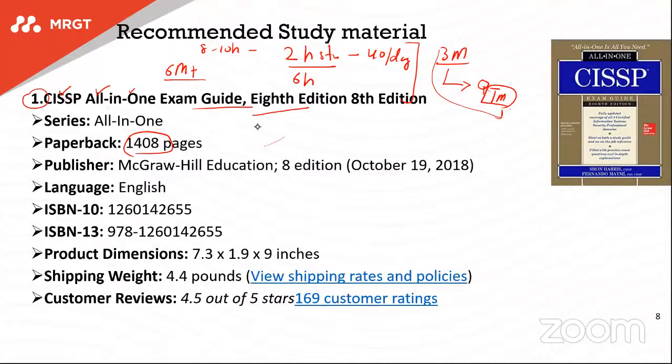Let me give you an example, a comparison on one small little topic: physical security. If you talk about Sybex, they will mention physical security with surveillance being possible with CCTV cameras, and they will give you a 4 or 5 line explanation about this topic. But when you go with Sean Harris, they will tell you what CCTV is and how you plan it,